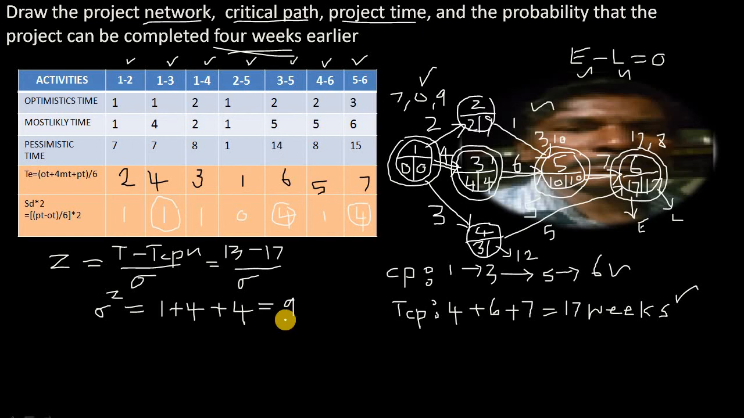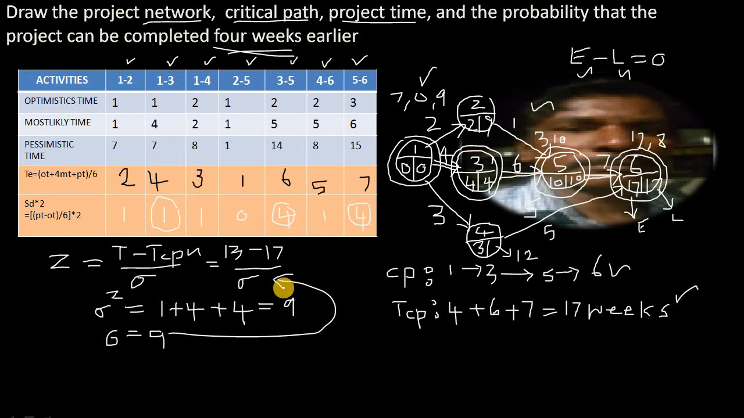So sigma square is equal to 9. Therefore, what is sigma? Sigma is equal to 3. So that's what we have to substitute here. This is what we have to substitute here. Okay, so if we substitute that,